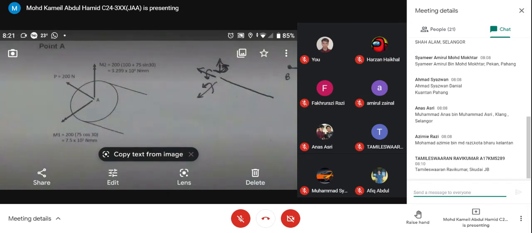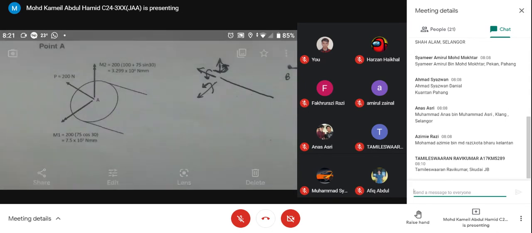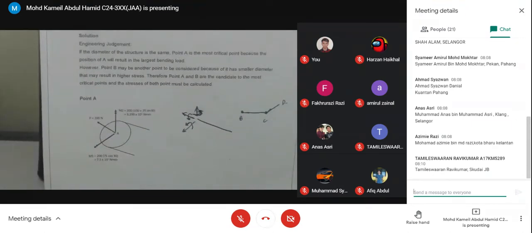Kemudian M1 is 200 times 75 cos 30. Ini ada mistake sikit. It should be 75. Okay, dekat PX tu, from that PX is going to